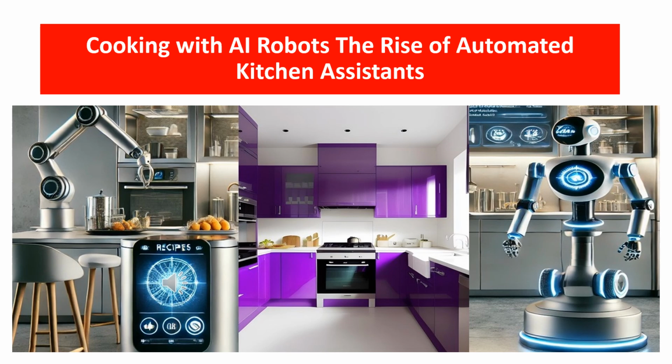Whether you're a busy professional in New York, a health-conscious parent in California, or a food enthusiast in Texas, AI is making cooking faster, easier, and more efficient. These robots analyze recipes, adjust cooking temperatures, and even personalize meals based on dietary needs. AI in the kitchen? Efficiency, convenience, and